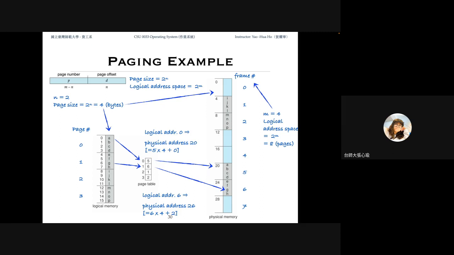请问，我想问最右边那个 M，2的 M 次方，为什么是8？2的 n 次方应该是说 offset，我有多少个？2的 n 次方等于4个 byte，我有4个 byte 的 offset，所以等于是一个 page 里面我可以放4个 bytes，你可以这样子想。